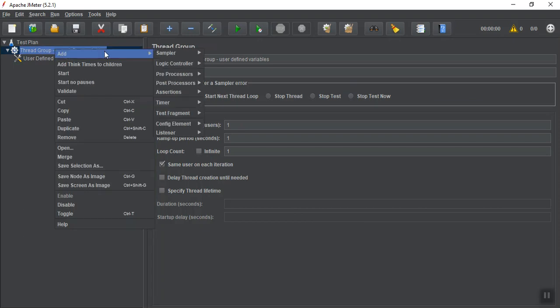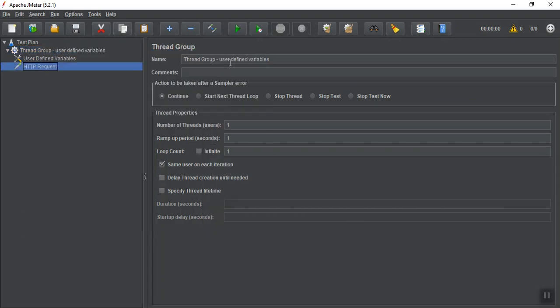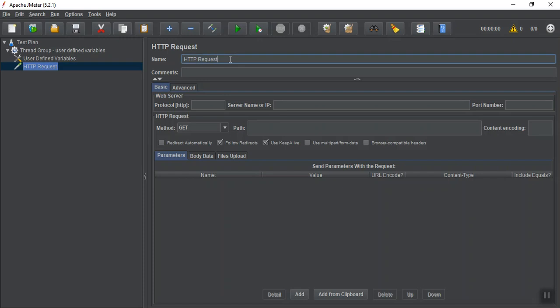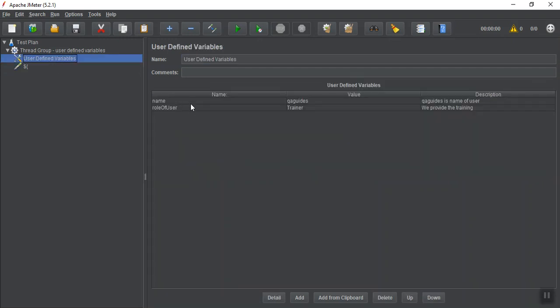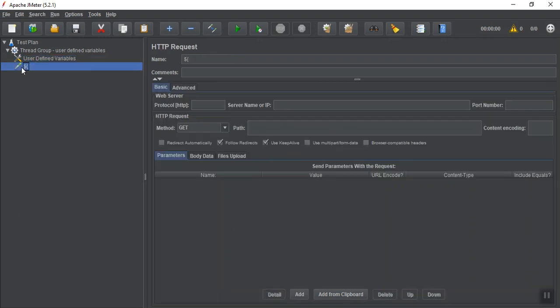So I add a new sampler. To access JMeter variables, it is very easy. Just provide dollar, curly braces, then take the variable name, put it here and close the curly braces.